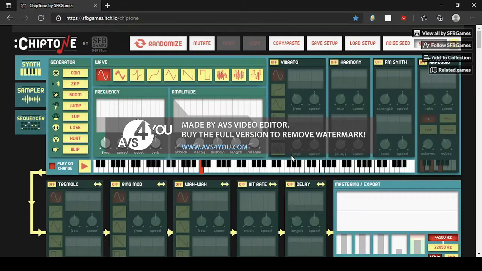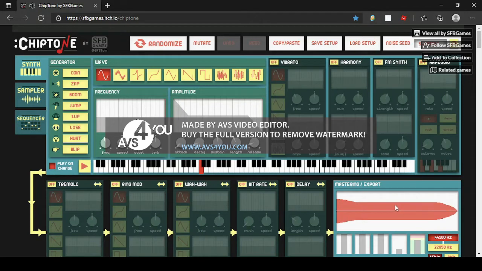Okay, so we're gonna go to sound effects. This is actually gonna be really useful for your games, because Chiptone is really good. I say that because I use it a lot to make music, which is also really good, and also to make sound effects. And how to use it? Okay, and how does this work? Well, good question. So you just click here